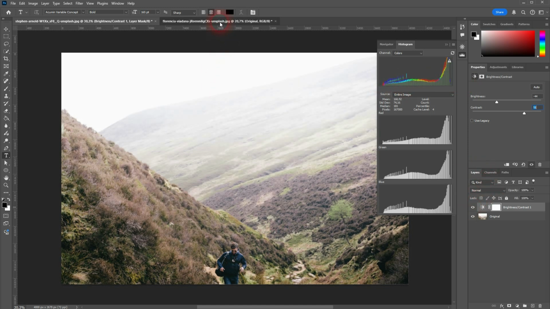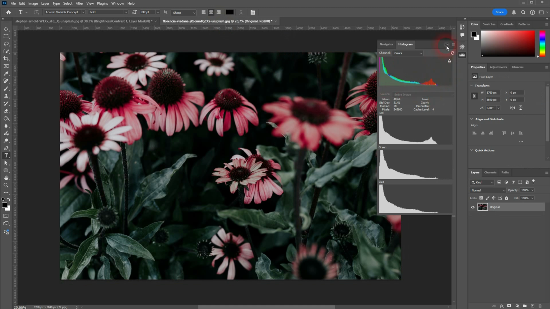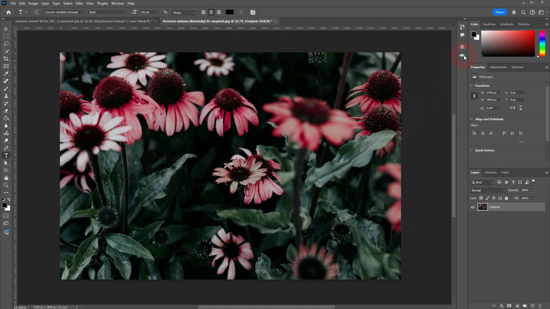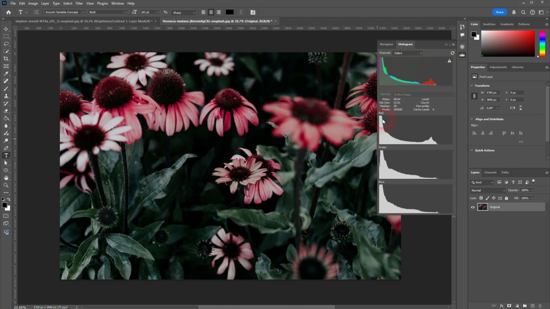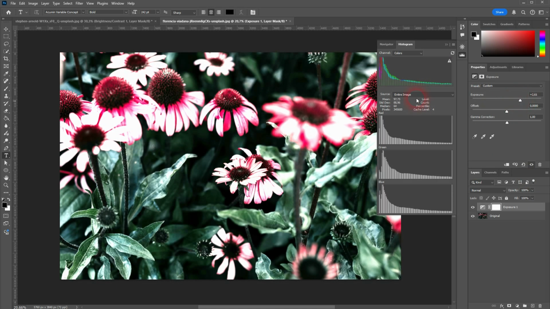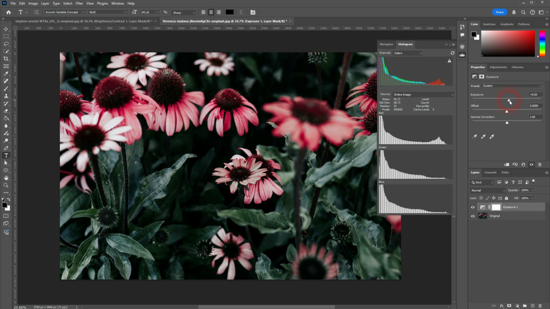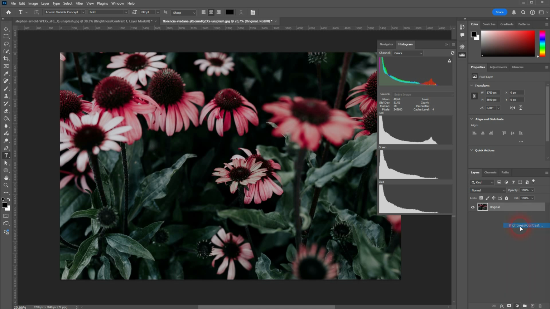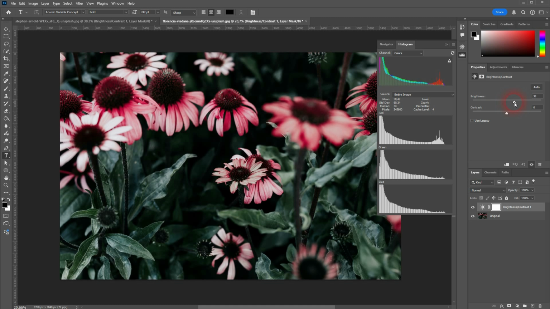Let's switch to an underexposed one. And here it's just a flipped example. So it's too dark. Therefore the information is all on the left. And on the right we have a gap now. Again, I would use brightness and contrast instead of exposure. And here we would obviously bring up the brightness, and then depending on how the curve behaves, it makes sense